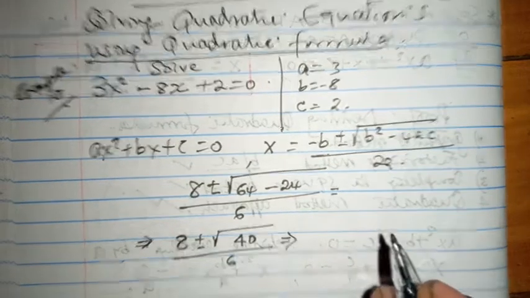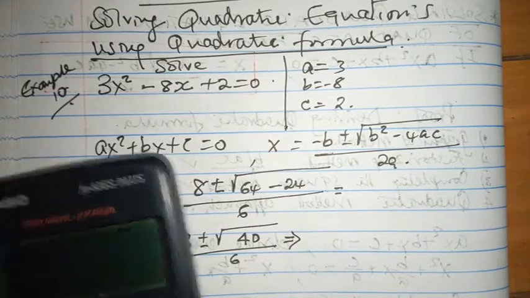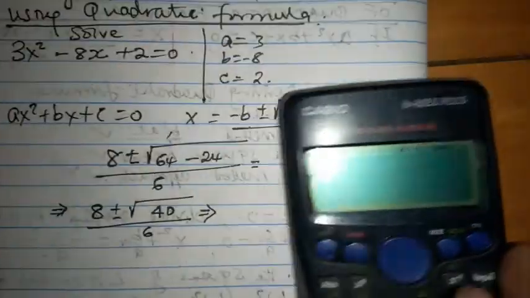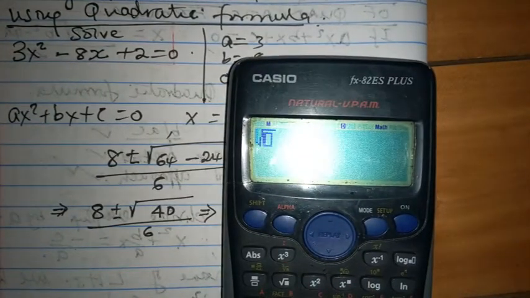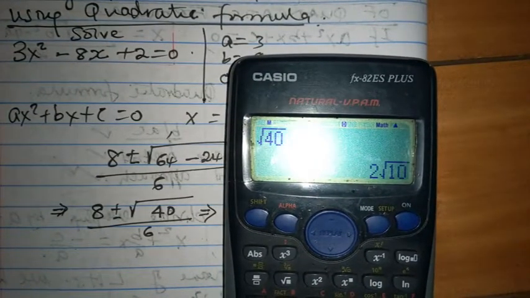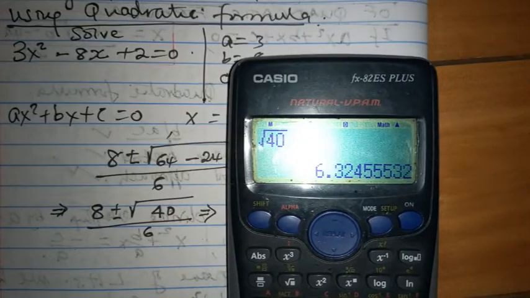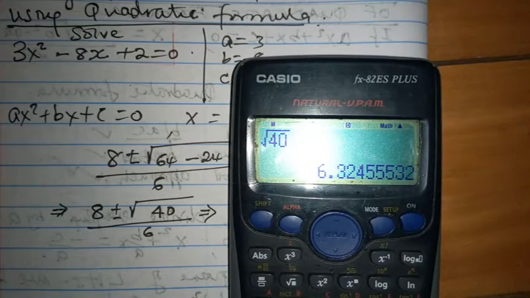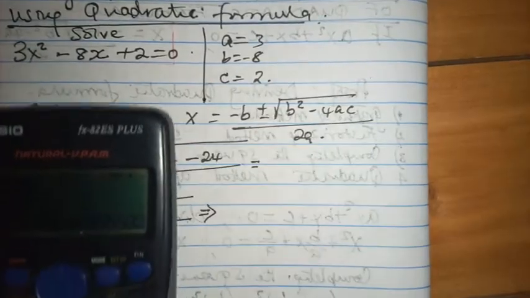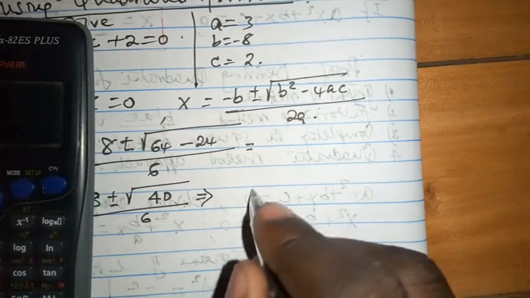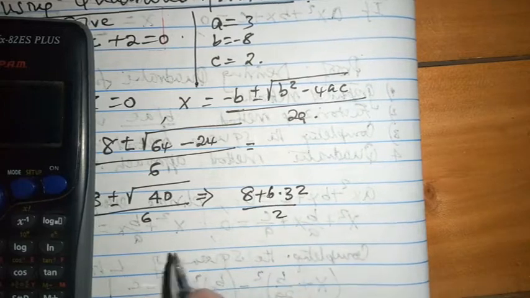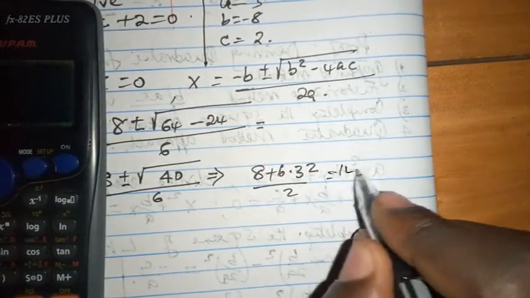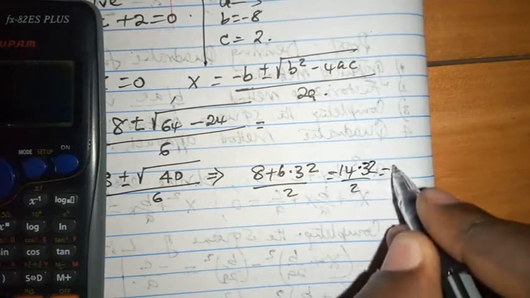But assuming that we don't know the surds, we are expected to talk about the root of 40, which is 2 root 10, which is numerically 6.32, and that is it. So our expression is supposed to be 8 plus 6.32 all over 2, which is 14.32 over 2, which is 7 point something,